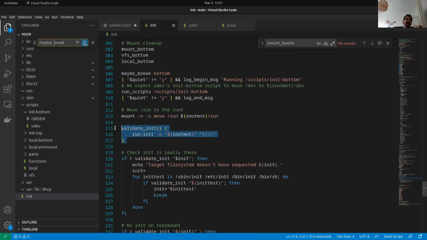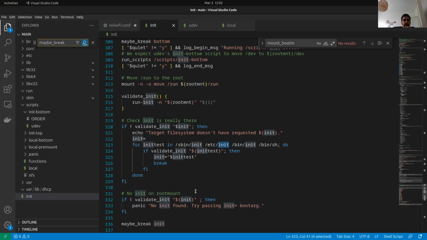Okay, so validate init: what it does, with -n, is check whether it can switch root to the root mount and run the init parameter, whatever is selected here. -n is a dry run, it doesn't do anything. And if it's not able to validate it, here we have a loop. If the validation succeeded, all right, we set init to that. If it's not able to validate it,